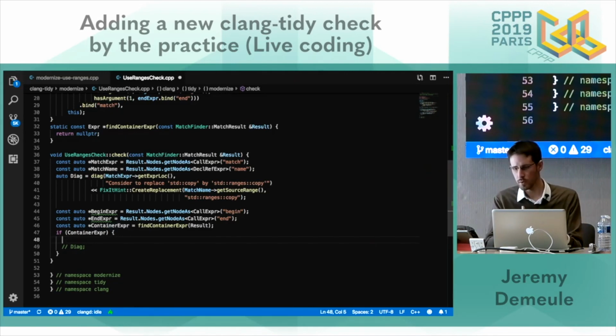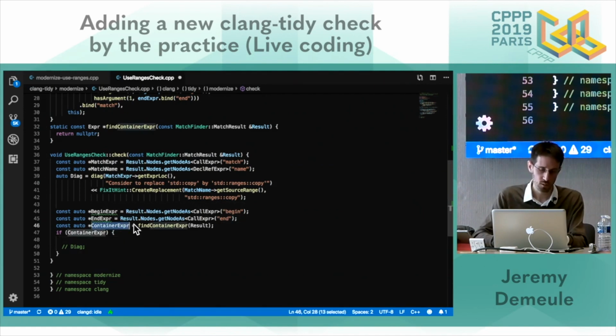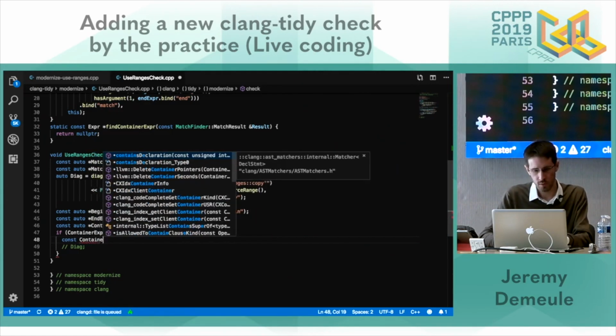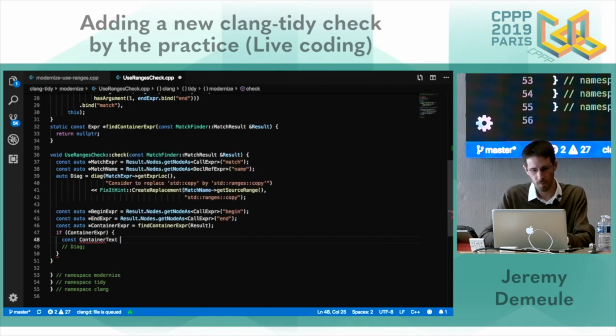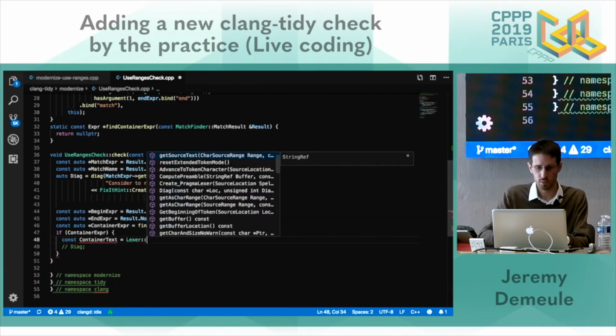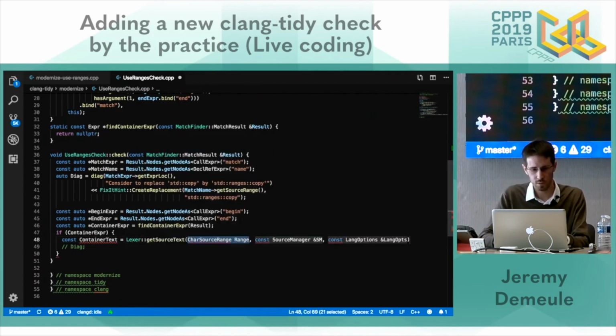But what are we trying to replace and by what? We want to replace it with the text targeting these expressions. So we have to retrieve this text. So let's do that. And we will manipulate what is called the lexer to go directly to the source file, get source text of a range of tokens.